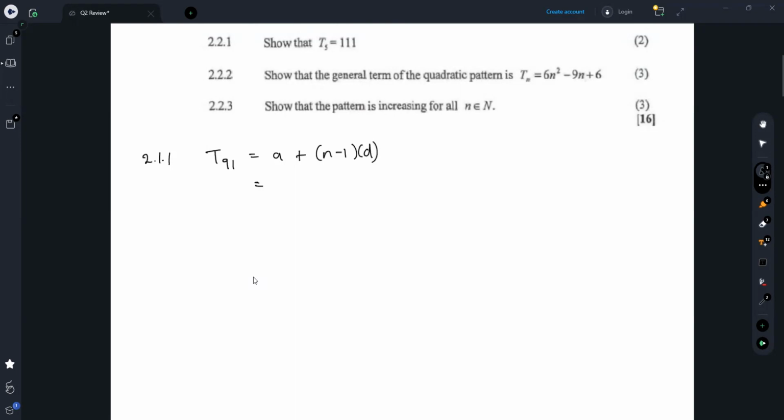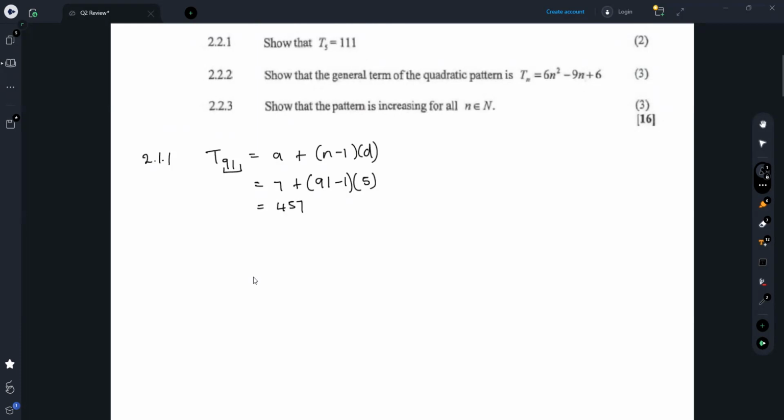So now what's the first value there? We get 7. And now we are dealing with position 91. So wherever there's n in this case, we're going to say 91 plus 1. And now what's the difference? Well, remember that we had T2 as 12 and T1 as 7. So the difference here should be a 5. Okay. So now we have a 91 minus 1, which is 90. 90 multiplied by 5, giving us 450. Add a 7 to it, you get